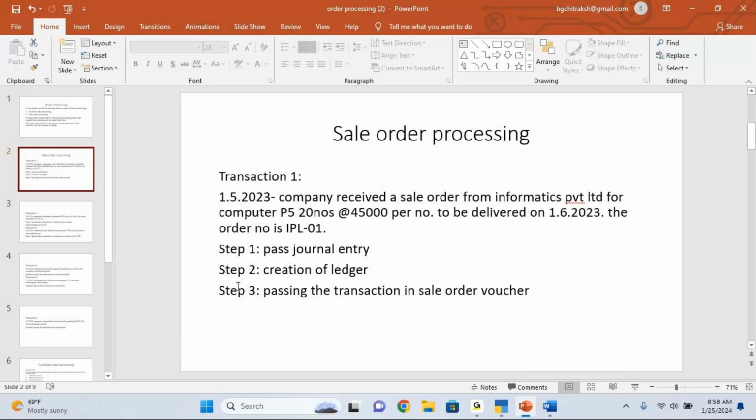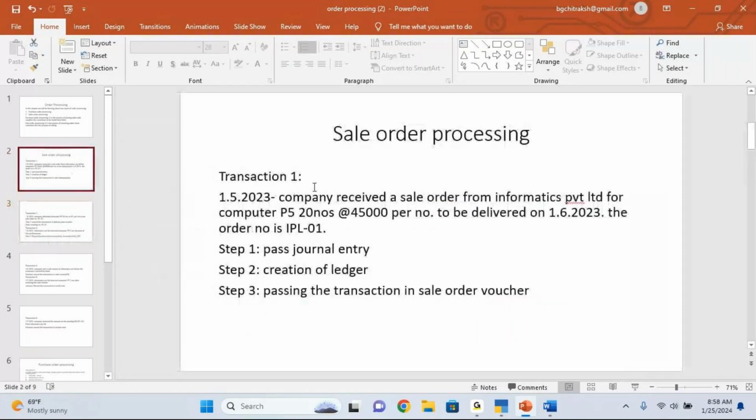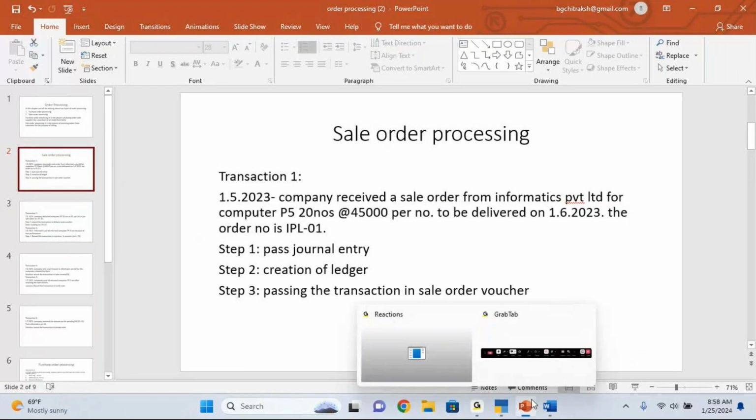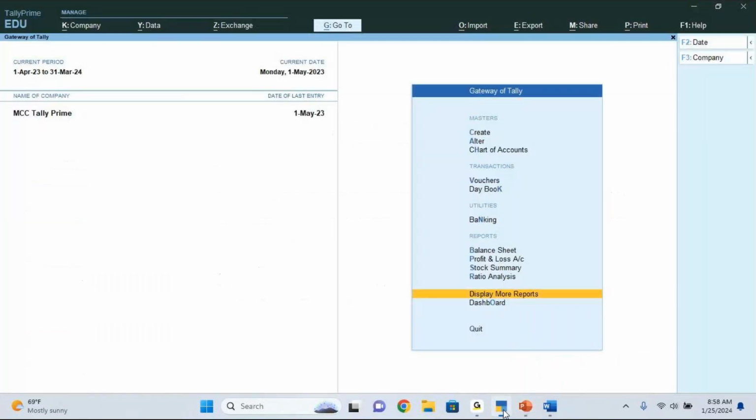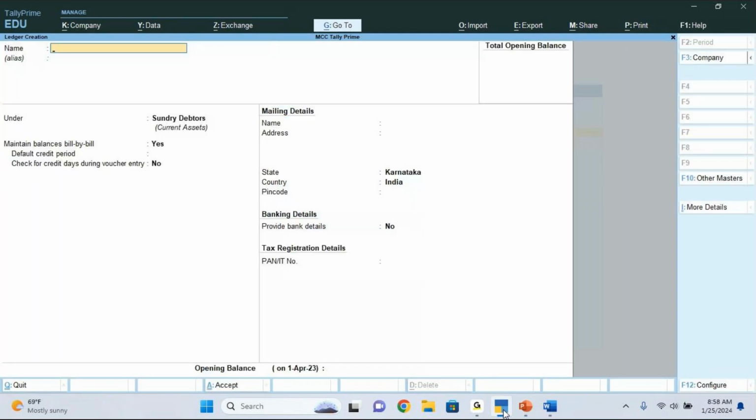After that, that is transaction 2. Now first let us finish transaction 1. First let us record this particular transaction. So I'll go to Tally Prime. First let me create the required ledgers. In this case, it was the party. So the first one is the party, which is